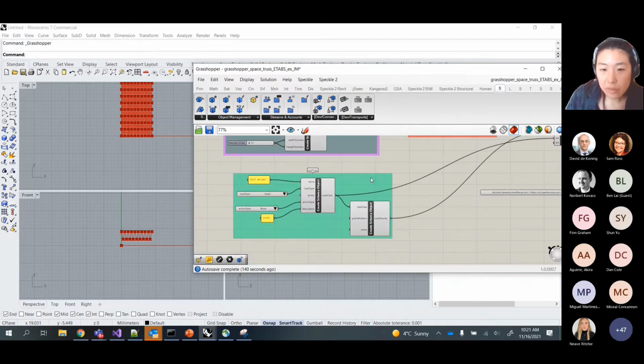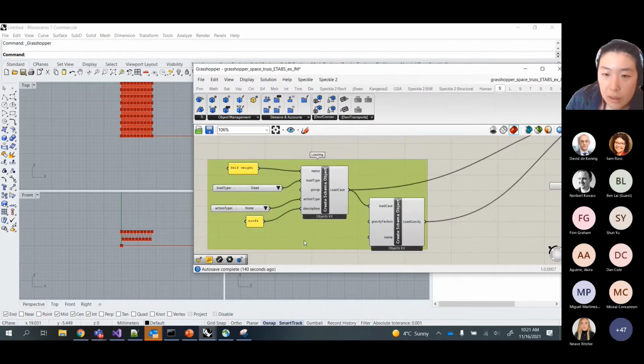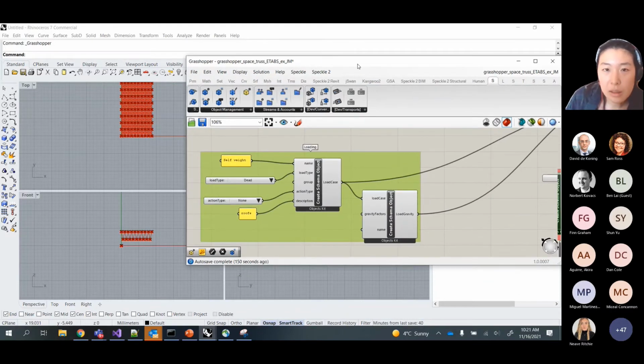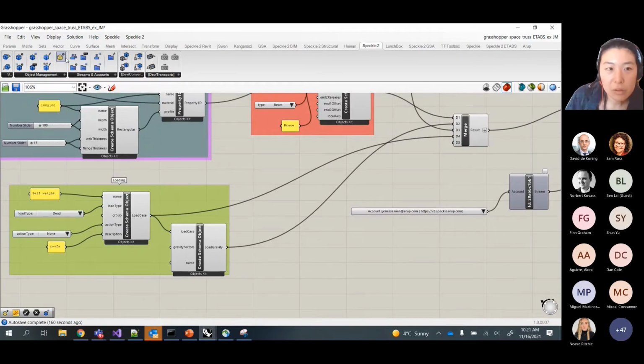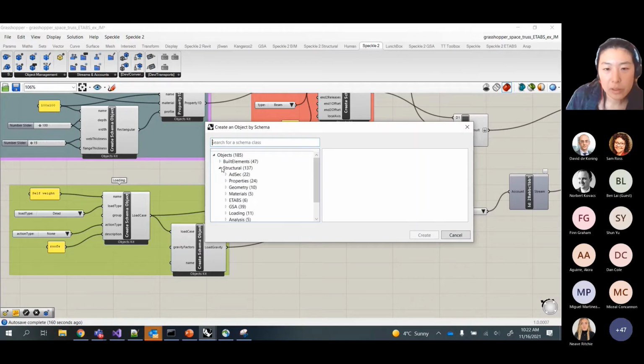And then, of course, to add a bit of loading, in terms of loads, again, we can apply just a straightforward, in this case, gravity load, and we can apply it to all the elements. And again, in terms of the different structural analysis building blocks that are available, to come back to this